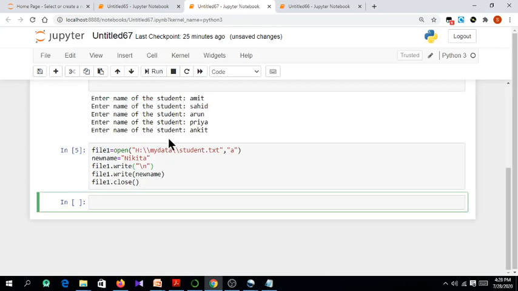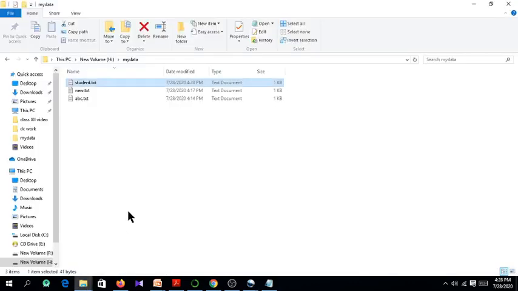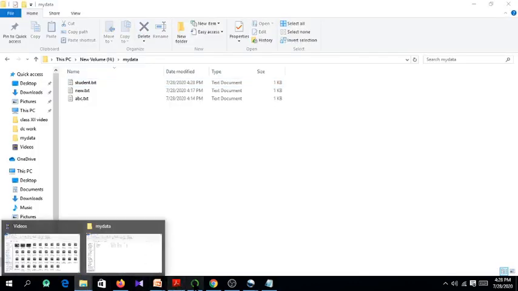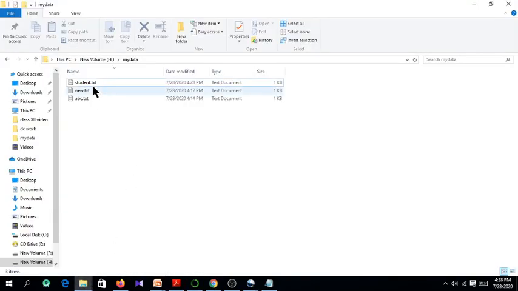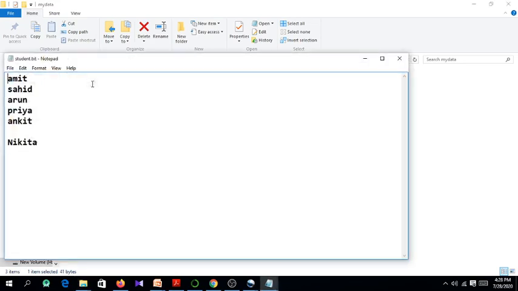Okay, there are no errors. We have to check the file. The new name that I have added is, what is the name? Nikita. Okay, let us go and see. Amit, Sahid, Priya, Nikita. Okay, because there is already a newline character, that's why it becomes two newline characters.